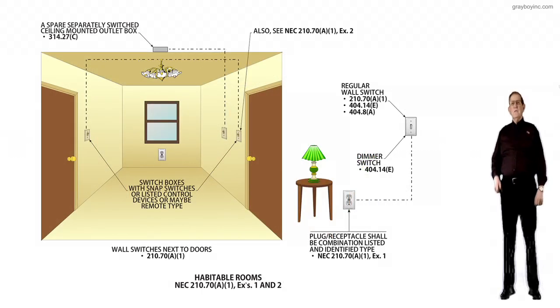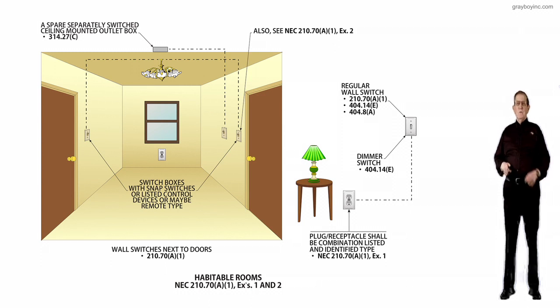This illustration deals with habitable type rooms, in accordance with NEC 210.70(A)(1), exceptions 1 and 2. The purpose of this change was to provide a revision, and a revision was